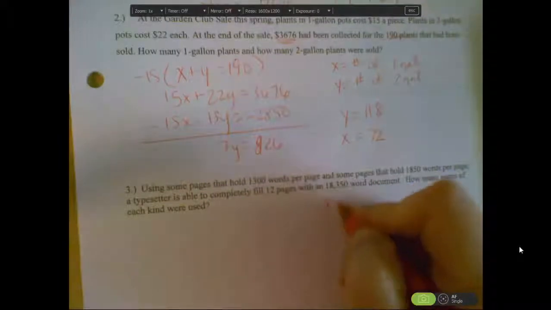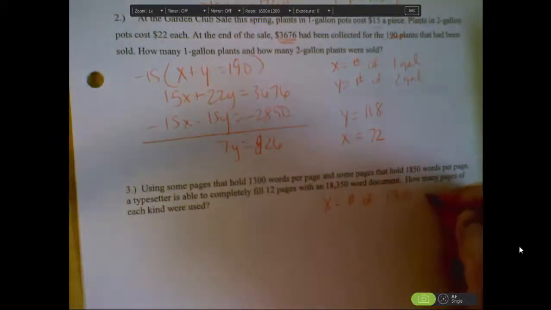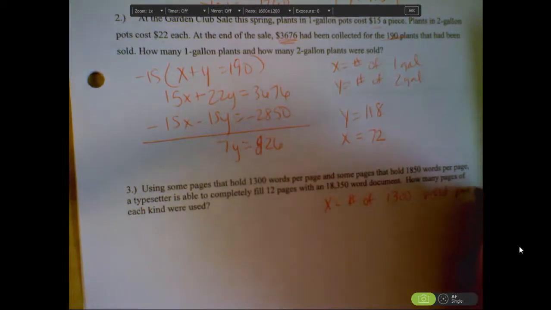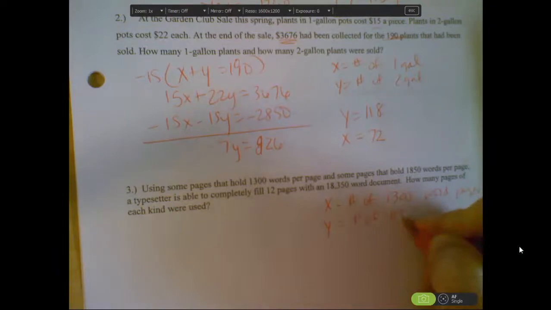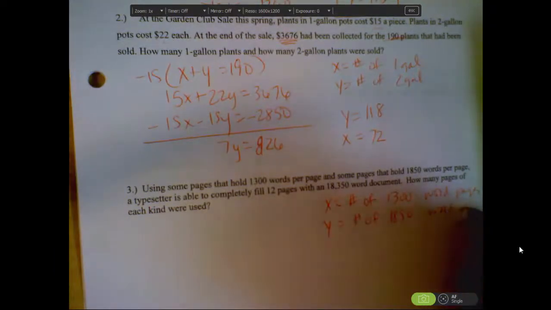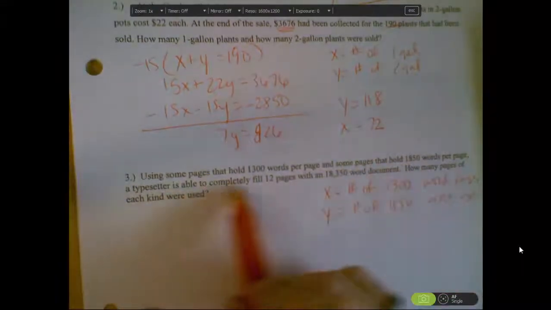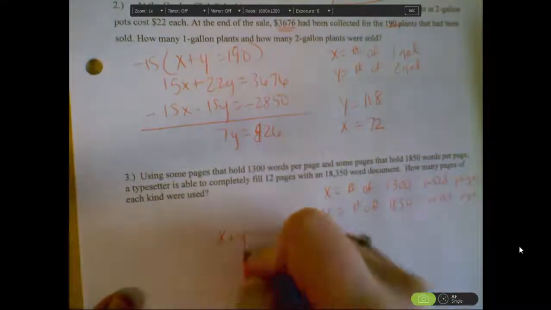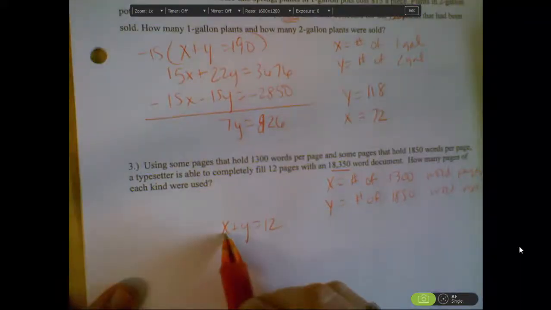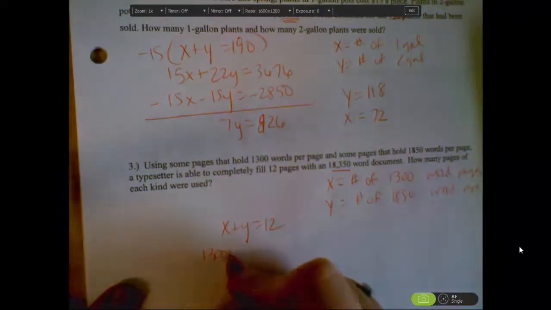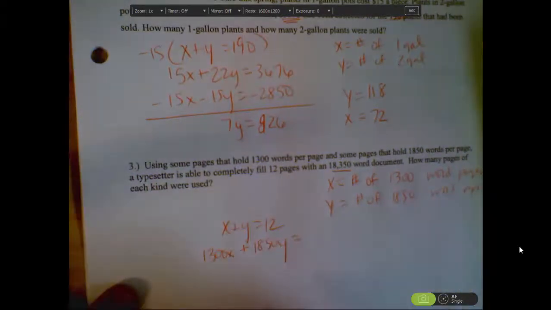Finally, x equals the number of 1,300 word pages. Y equals the number of 1,850 word pages. So 12 pages were filled. X plus y equals 12. This is how many words there were altogether. So on this page, there were this many words. And on these pages, there were 1,850 words for a total of